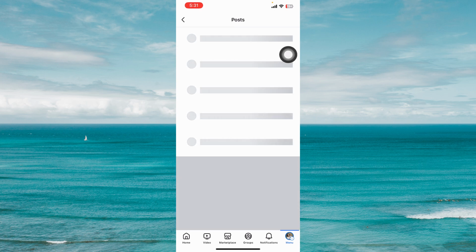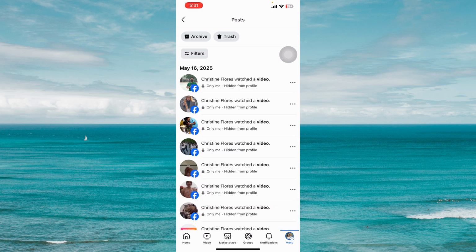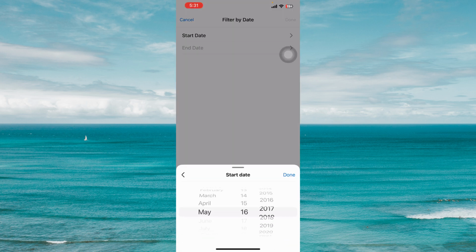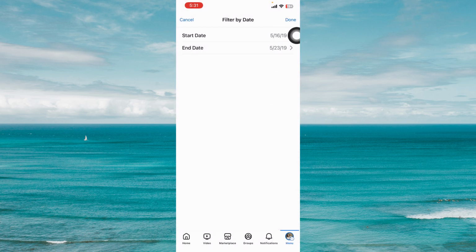If you don't see it, you can click on the date again and select another date by going to Filters, Date, Start Date, and you can change the end date as well if you don't remember the specific day, and click on Done at the top right again and you should be able to see any activity you have done within those date